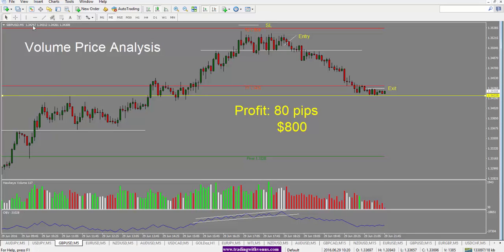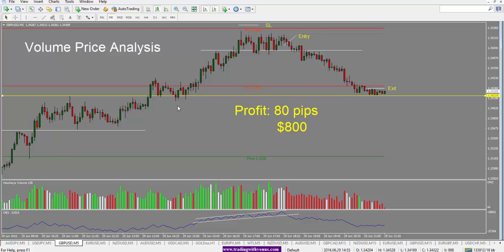So today we are looking at pound US dollar here. This is trade setup from today. We saw that the price went up quite a bit. All in all, we had a move of about 250 pips. When we came to the market in the New York session, I was looking for the market to reverse at